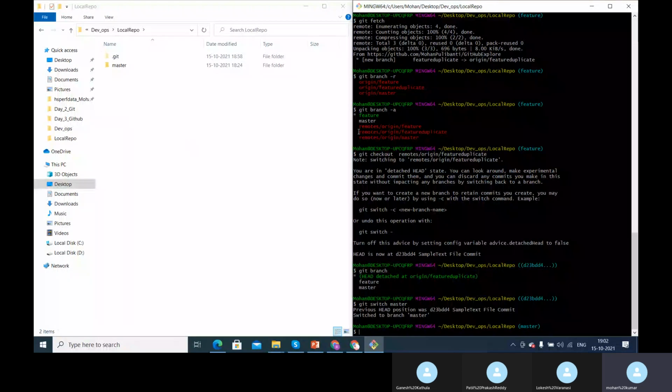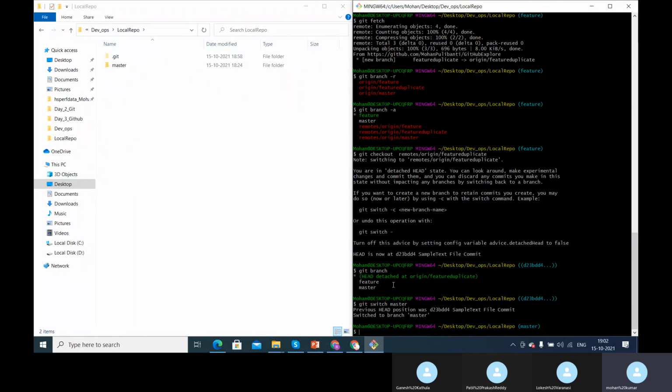If we switch to this remote tracking branch, we are getting the details that are required. That feature is reflecting here, but we don't want to go with the detached branch approach. Instead, we will create a proper solution for this. I'll tell you what that solution is.